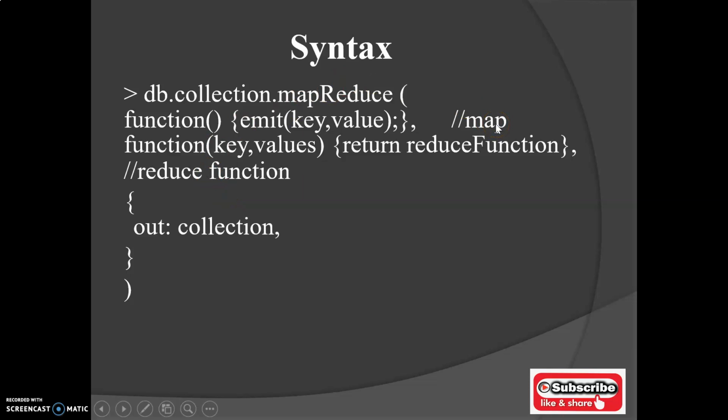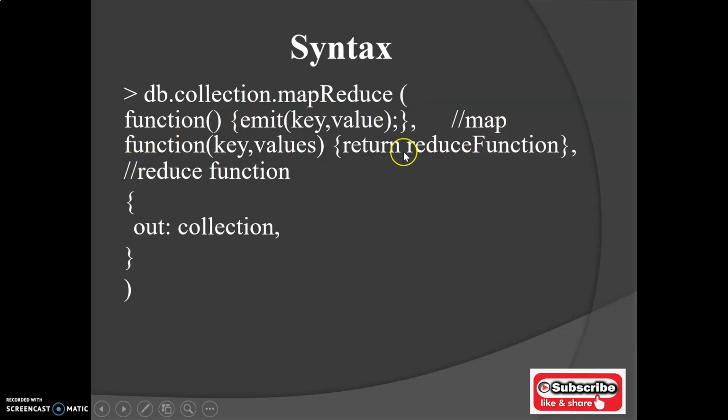What map function does? It is nothing but JavaScript function which is used to produce key value pairs. We all know that in MongoDB all the documents are in key value fashion. We have key and we have values for that key, like id colon 1, name colon swapna, likewise. So this is nothing but key value pair. So with the help of map function, firstly all key value pairs will be generated. So if in a collection we have 10 documents, so 10 key value pairs will be emitted, will be generated, will be produced. This is nothing but map function.